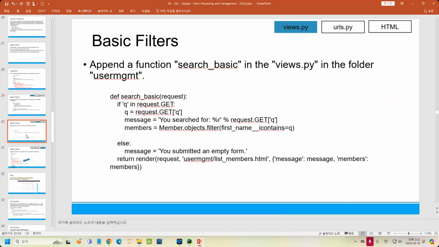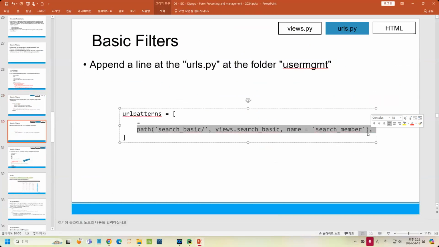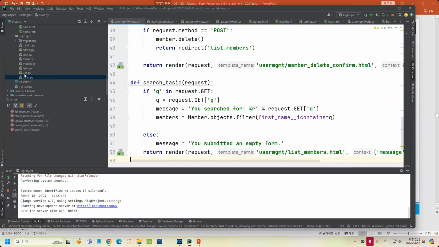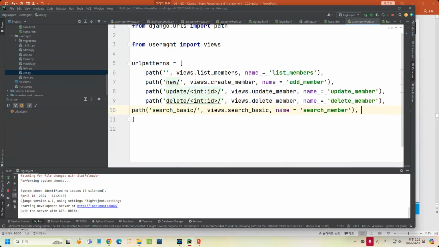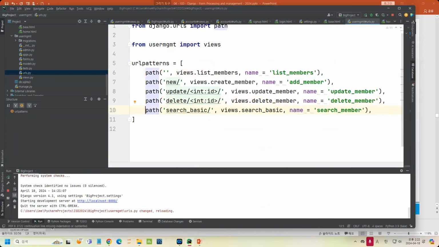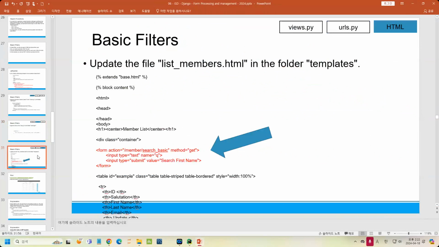After we have this, now let's put a link in the user mgmt, the urls.py. Let's put a new link, which is search basic. So in the user mgmt, in the urls.py, let's put a new link. This new link is search basic. And after I have this new link, now